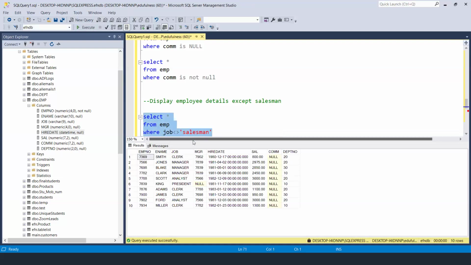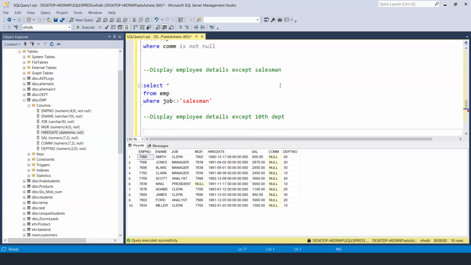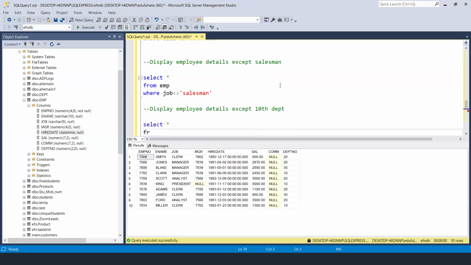So you will come across this sometimes in reverse. You can write it another way also, I will tell you. Better I will take except 10th department. Same statement I am taking. The concept is the same, but for simple usage I am saying except 10th department employees. So what will you write? Select star from EMP where